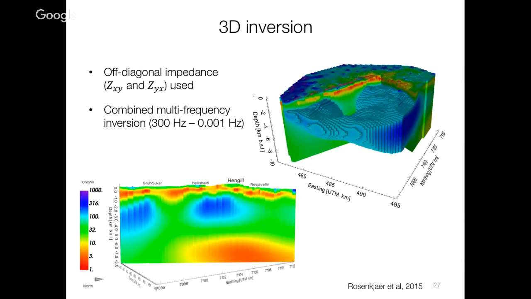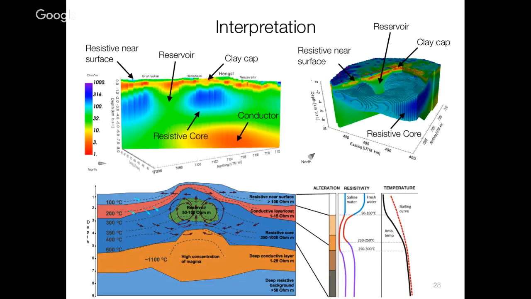Here's a cross-section that goes through, and you can see some of the things that we were already expecting. So it's resistive at the surface, and then there's this red conductive region in here. There's a red conductive region down here, and in here there's kind of a blue background, thought to be the host, and then these regions here are kind of moderate conductivity. So if we put all that together and make an interpretation, this red in here is that conductive clay cap,